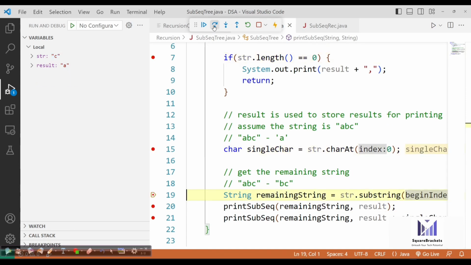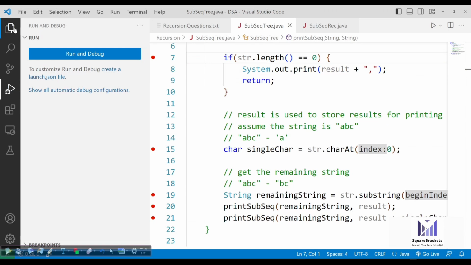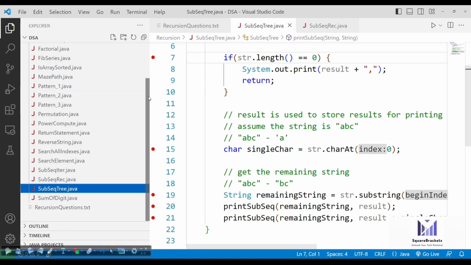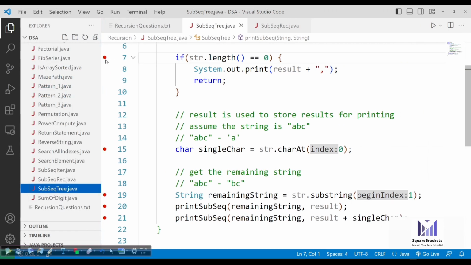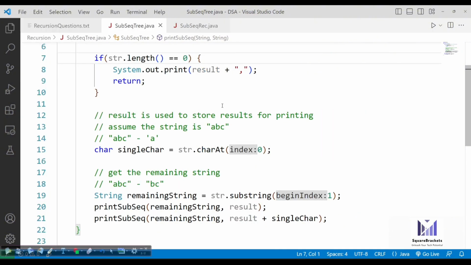Single character will store C and remaining will store empty. So this time result will be printed A. So this is how it is going to keep on printing these things. I hope you are able to understand how exactly multi-branch recursion is able to print the subsequence.